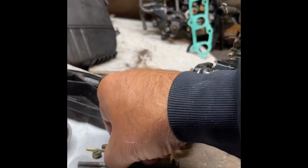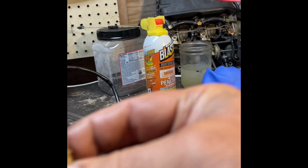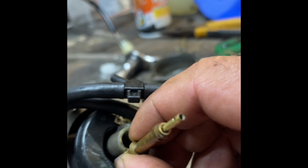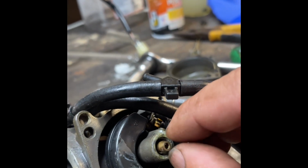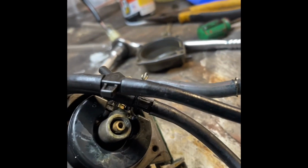Okay, so you put the tapered end up, slide that over the top of the jet like that. And then that goes right down the main jet like that. So you can see it. That's how we started. Now to get that to seat at the bottom, the pin to seat at the bottom,